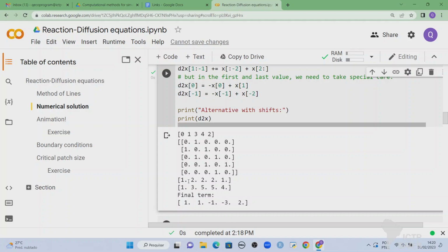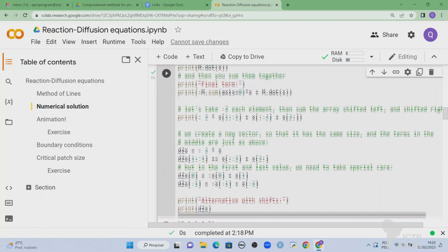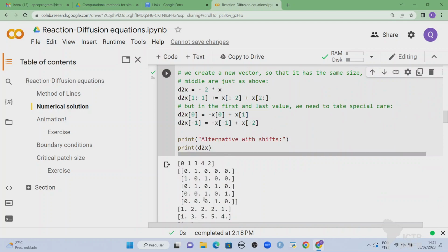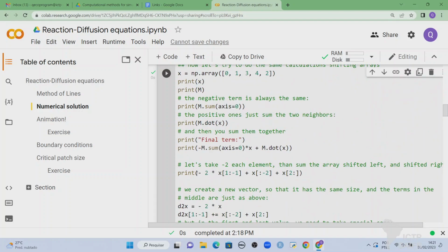So maybe let's look just at the elements in the middle, okay? For the elements in the middle, for the 1, 3, and 4 here, they are always subtracted. I always take them multiplied by 2 and subtract, right? So you see that the sum over the columns in the middle here is always 2. So I just take minus 2